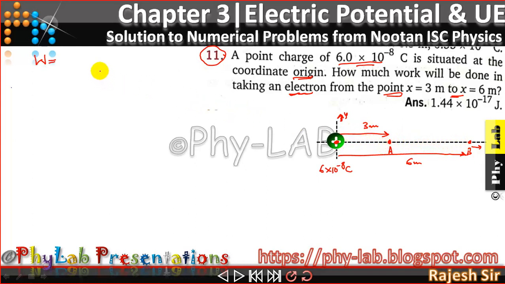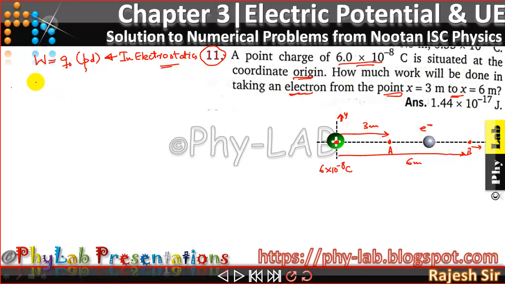Now you all know, friends, that the work done is defined as Q naught into PD. So friends, remember, whenever in electrostatics you are talking about the work done, think only about this particular formula. So in electrostatics the work done is defined as Q naught into PD. Now I need to find out the potential difference between the 2 points across which an electron is going to move. So this is the electron. So this electron is moved between the points A to point B. So I need to know the potential difference of points A and B.